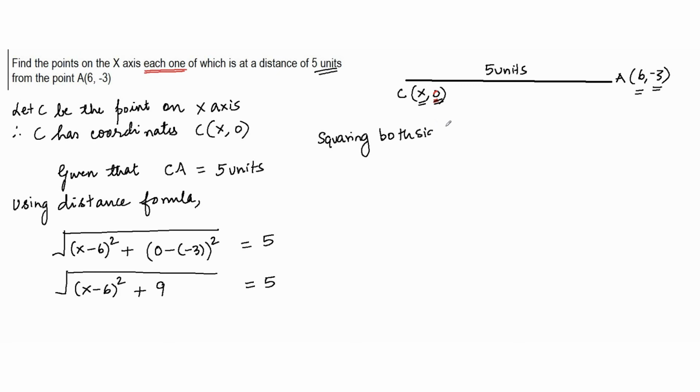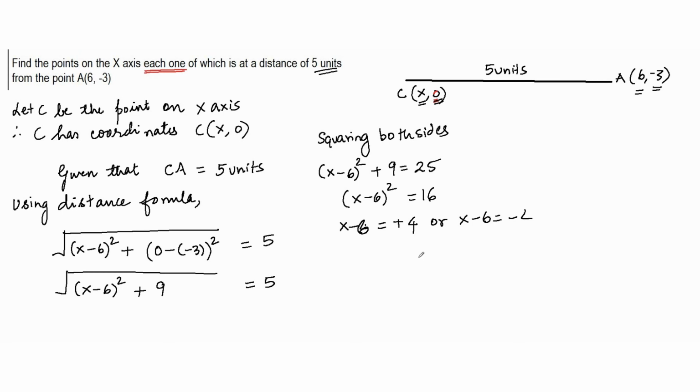we get (x minus 6) the whole square plus 9 is equal to 5 square, which is 25, and therefore (x minus 6) the whole square is 16. Taking square root on both sides, I get x minus 6 is square root of 16, which is either positive 4 or x minus 6 is negative 4, and therefore x is either positive 10 or x is equal to